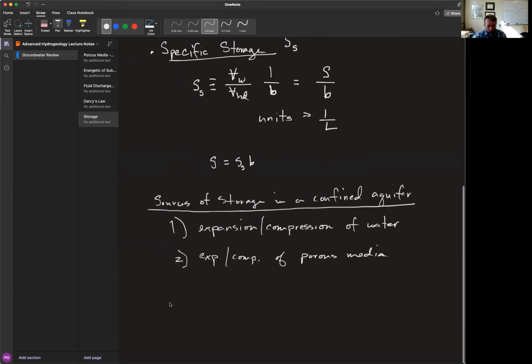And we will end up basically deriving this, but I can write this as the specific storage is equal to rho sub W g times alpha plus n beta sub W, where alpha is defined as 1 over V sub REV times dV sub REV. Sorry, let's do this. dn